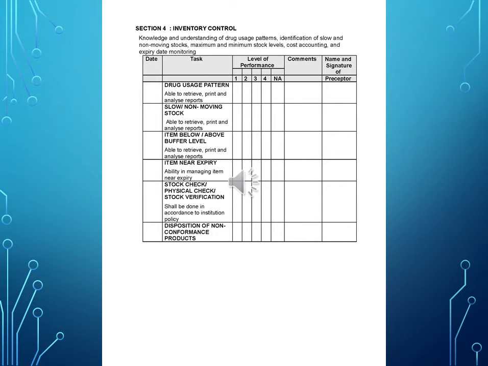Section 4. Inventory control. Knowledge and understanding of drug usage patterns, identification of slow and non-moving stocks, maximum and minimum stock levels, cost accounting, and expiry date monitoring. Date, task, level of performance, comments, name and signature of preceptor. Drug usage pattern. Able to retrieve,